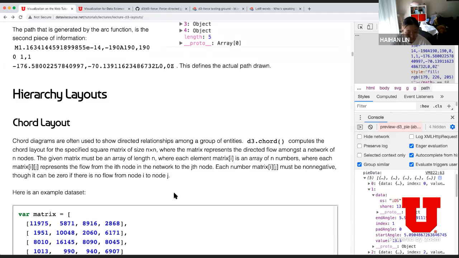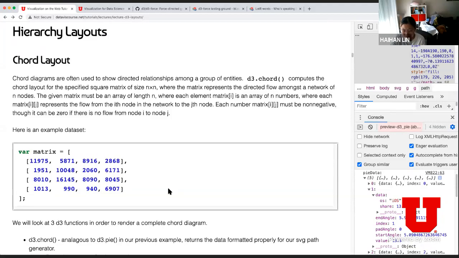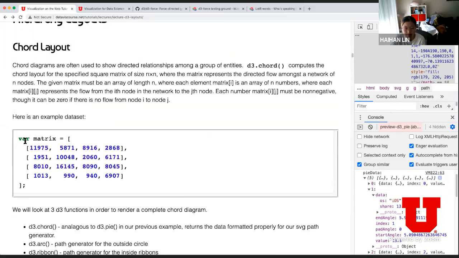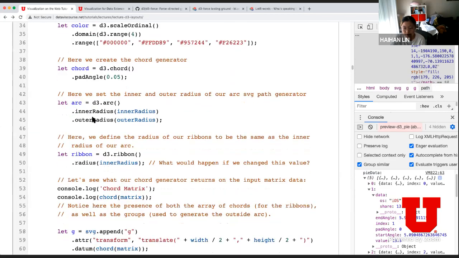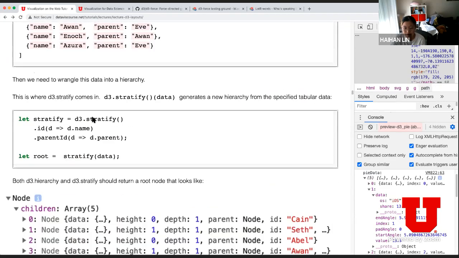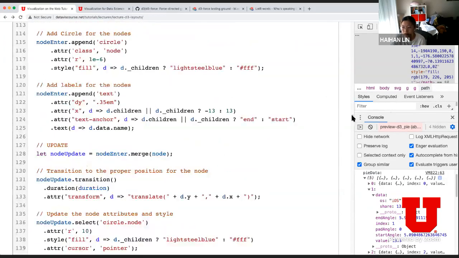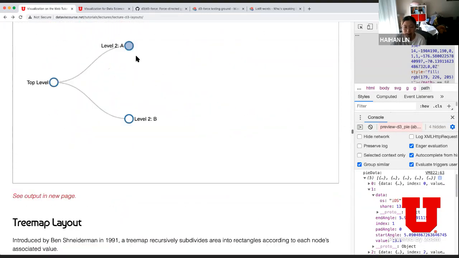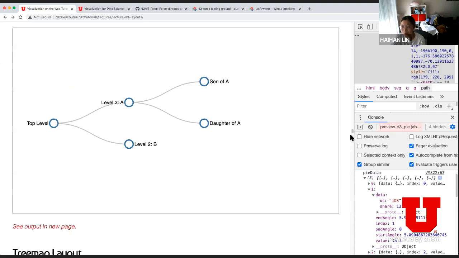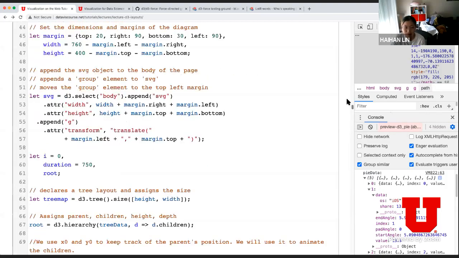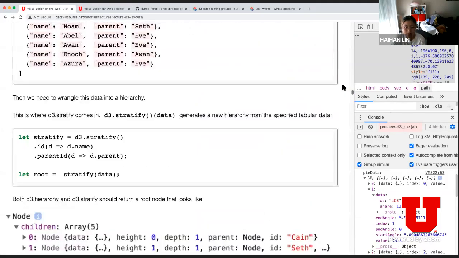Hierarchy layouts are something like a tree. I'm just going to give you a preview of the hierarchy stuff, like a tree. This will be a hierarchy layout. We're going to talk about how we actually do the tree layout later, but we're going to come back to